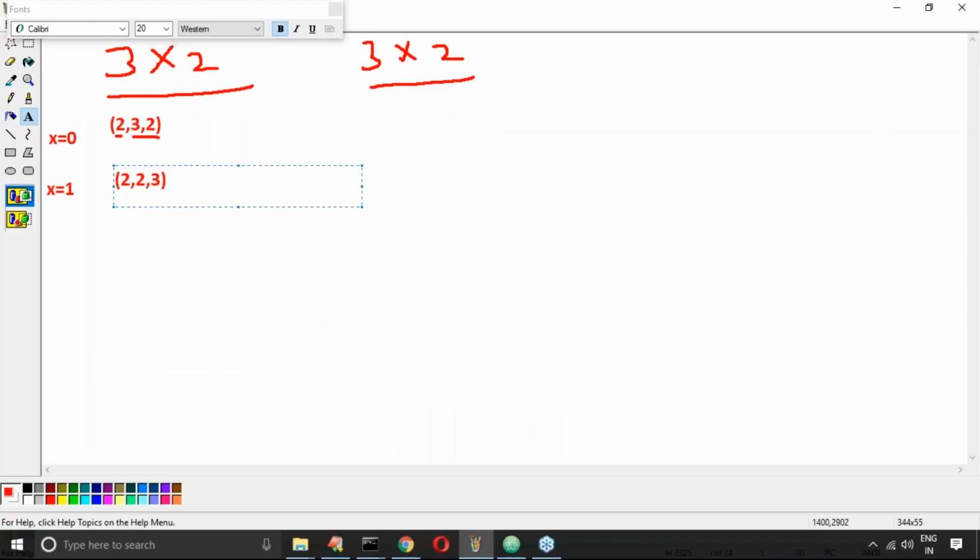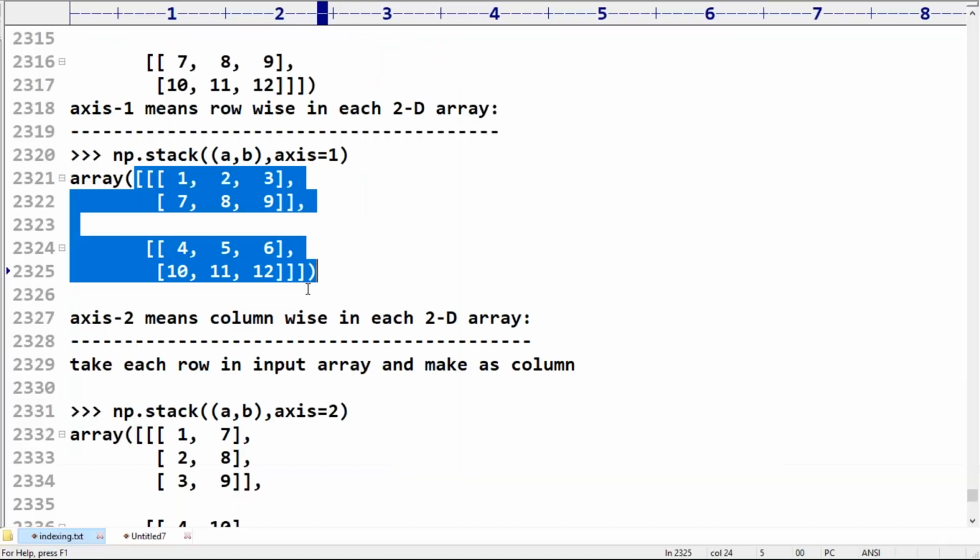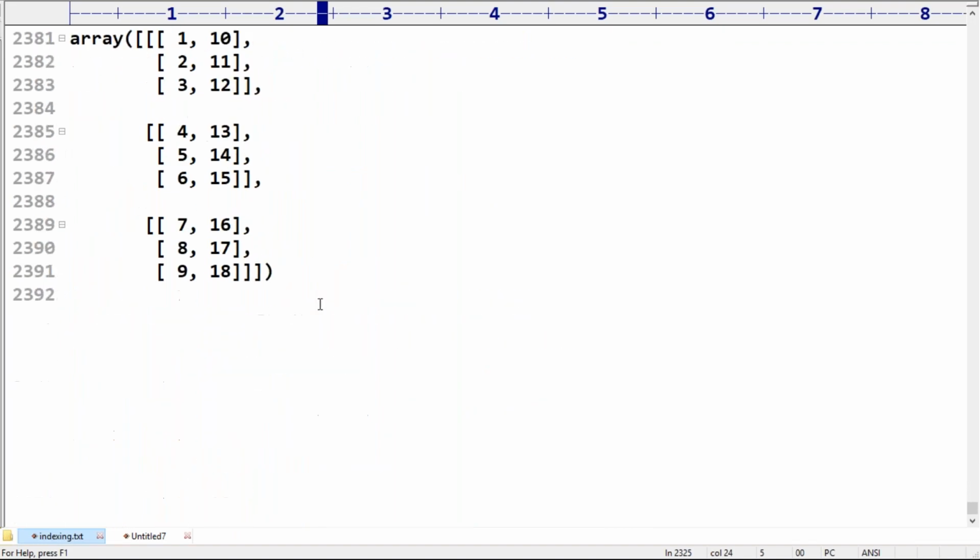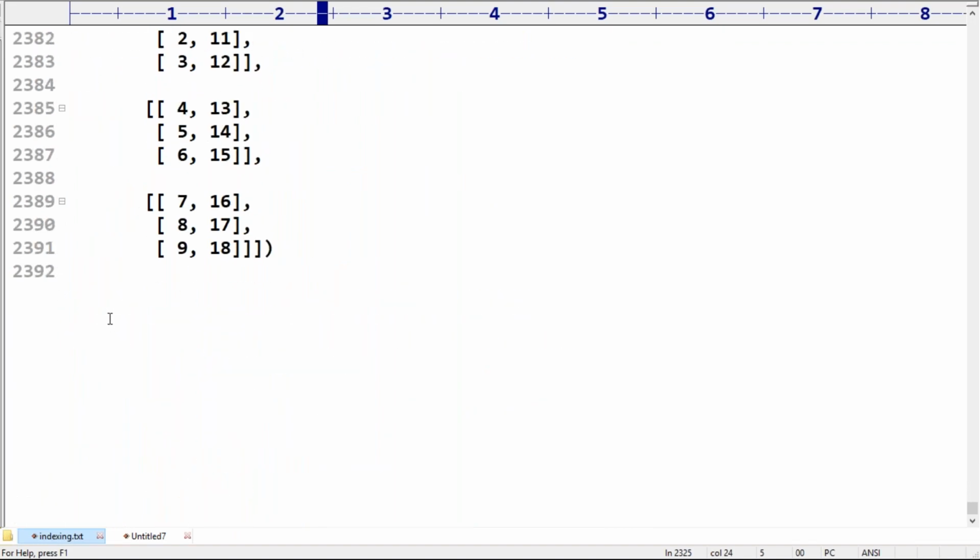Not much analysis. That's why ignore the shapes. I hope you people got the concept clearly. Any doubt about this? Do you want me to go for one more example? Let me, it's a matter of 1 minute. You can tell very easily.